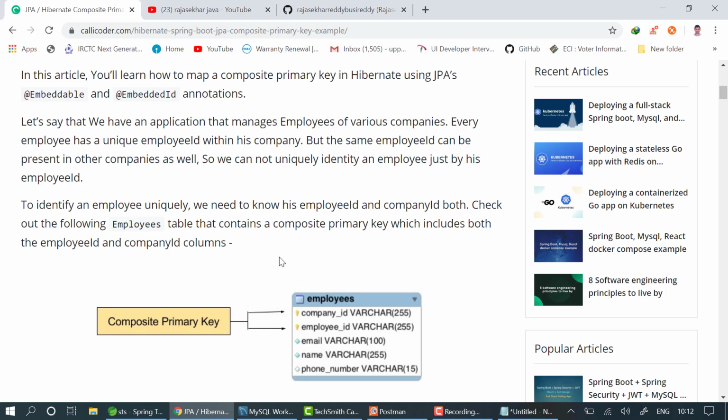Let's take an example. Suppose I am developing an application where I am managing the employees of different companies. There will be a chance of duplicating the employee IDs. In this company I have some employee ID, and in the other company the same employee ID may be assigned to a different employee also. There will be a duplicate. In order to overcome that issue, we are using a composite primary key. In this video we are going to see how exactly we are going to use a composite primary key